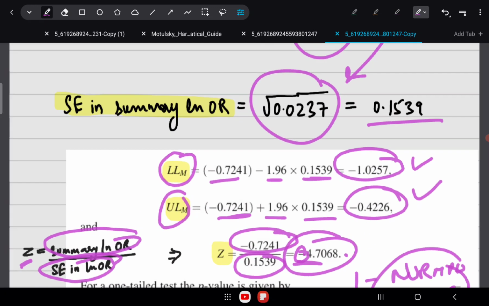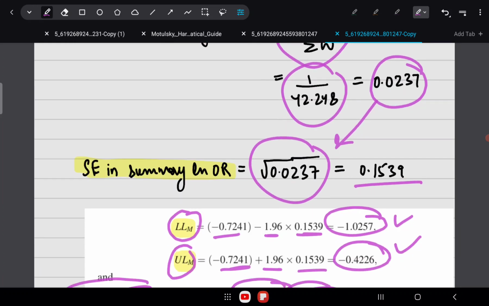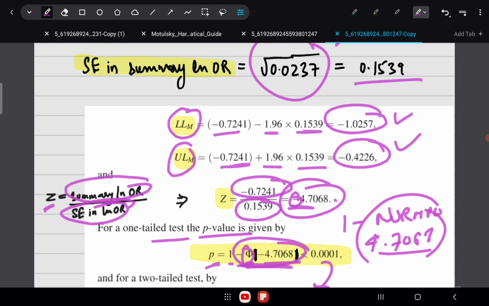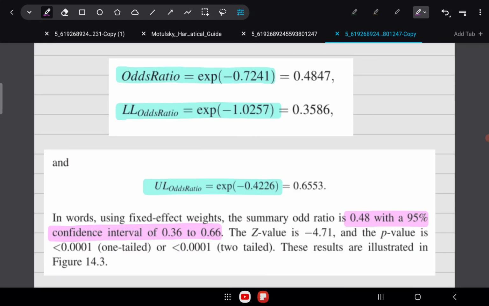So remember, computing the summary effect as well as everything, the variance, the confidence intervals and the p values, is still in the natural logarithmic form. Just when you want to put out your results, you can convert the summary effect and the upper and the lower limits of the summary effect back into the exponential form.